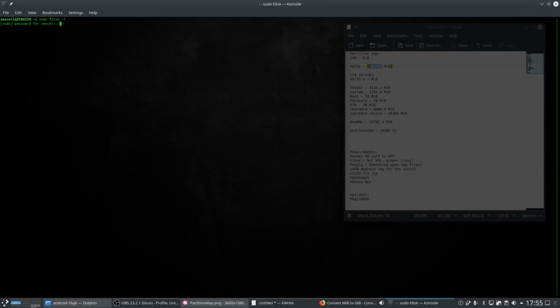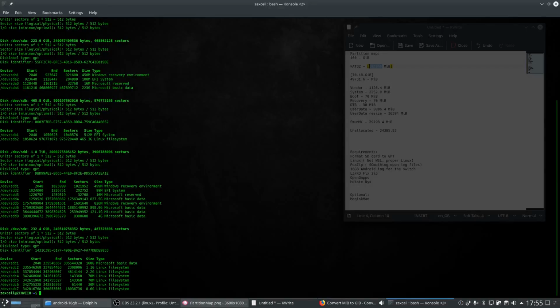Sudo fdisk -l, this is sudo fdisk list, and down here we will have our SD card, as you can see with the partition table we have set out. Now, instead of doing long commands and everything, I'm going to do a single command that will do this all in order for me. So I'm gonna go ahead and go into my switch setup folder and then the Android